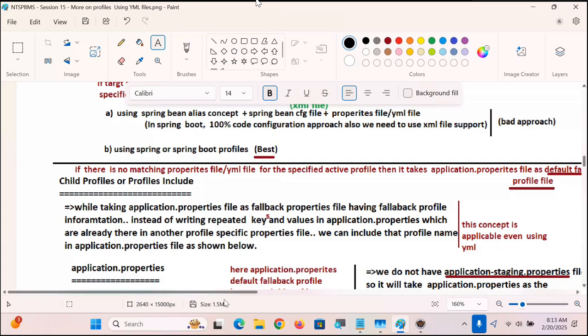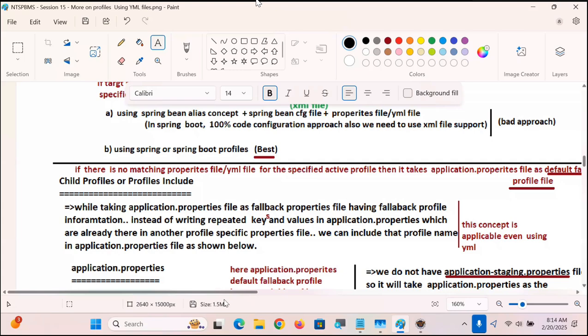But I noticed one thing. Fallback profile is matching with the production profile, right? Why write the same entries again in application.properties? Yes, boss, pre-prod is not there, so it looks to take the application.property file. We kept driver class details there, but I notice that is the same as the production profile. So instead of writing again there,